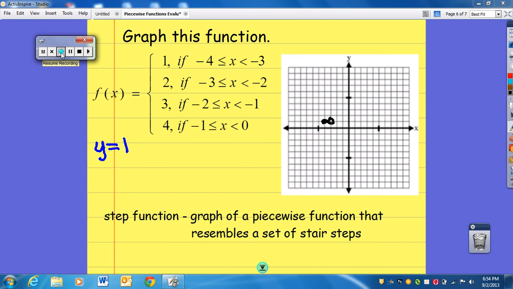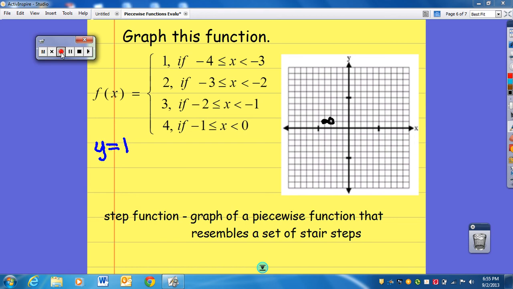So I have filled in a solid filled-in circle at negative 4 and an open circle at negative 3, and I've shaded in between to show that my domain, or my x values, range from negative 4 to less than negative 3. Likewise, I'm going to do the same thing where my y value is at a positive 2,